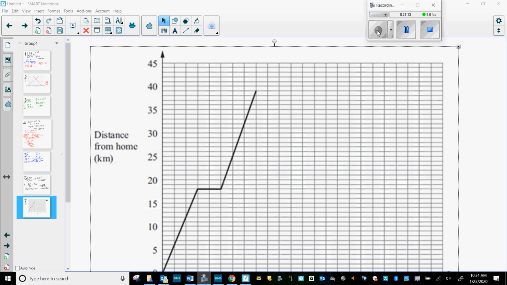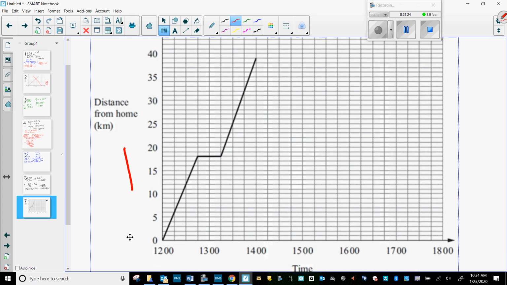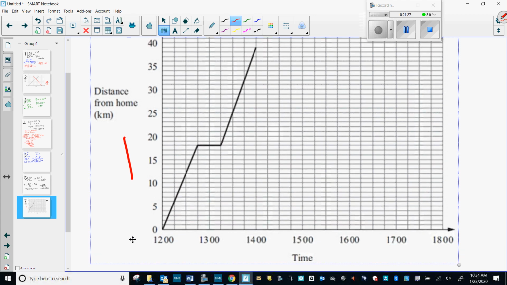Okay, so it says Mavic left his house at 12 to cycle to Sam's house. So he started to cycle at 12 to go to Sam's house, and it says that he stopped for a rest and then continued his journey, and it says for how many minutes did he stop for a rest. So this is where the rest is, you can see, because he's going there, and it starts here,